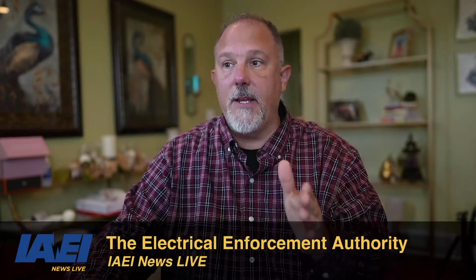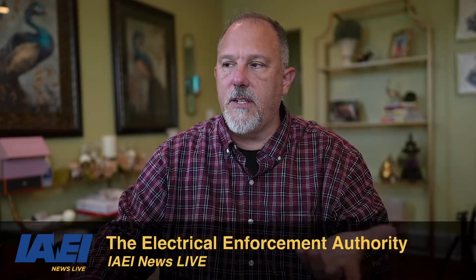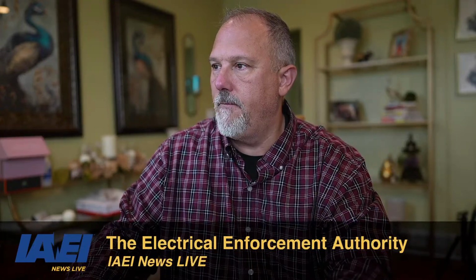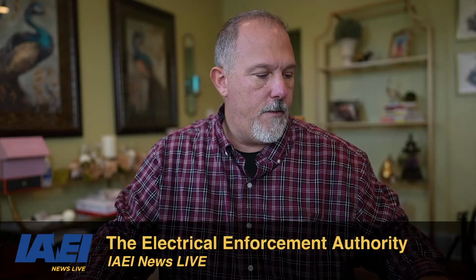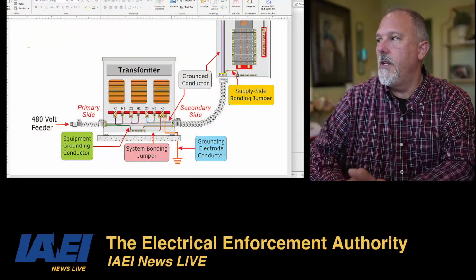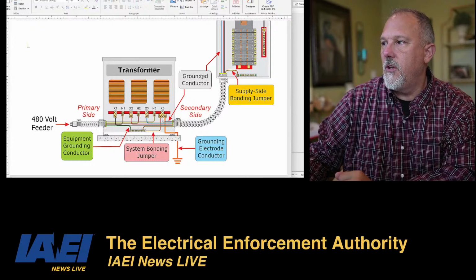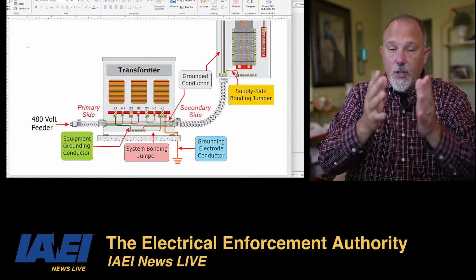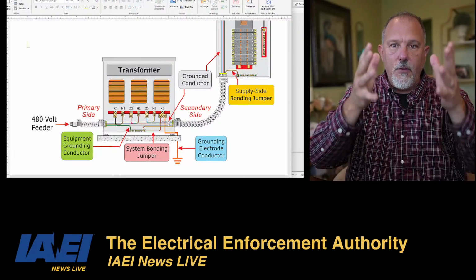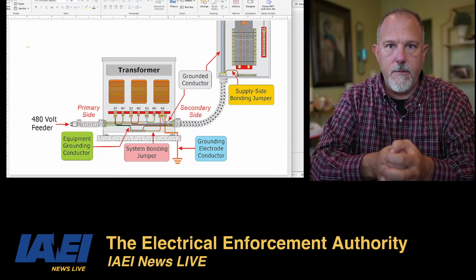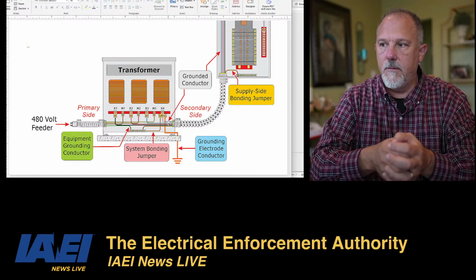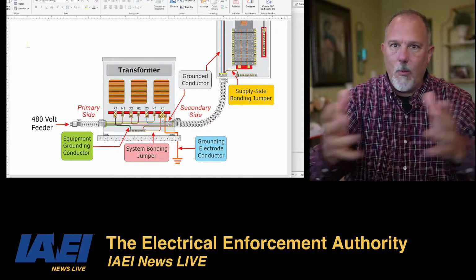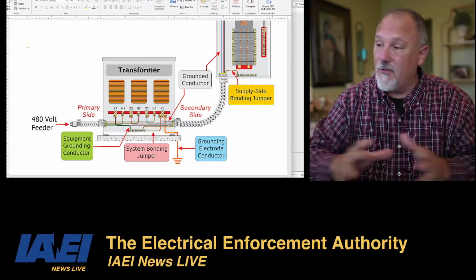Because that's just what separates the boys from the girls, right here. There we go. So you have the transformer, grounding and bonding, grounding conductor. I mean, these are two separate. If you're not doing that bonding, it's like black and white. It's either black, you're bonding, or white, you're not. These are two different types of systems. They're two different things.